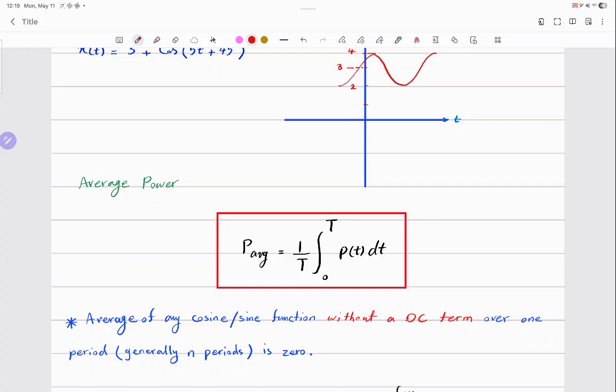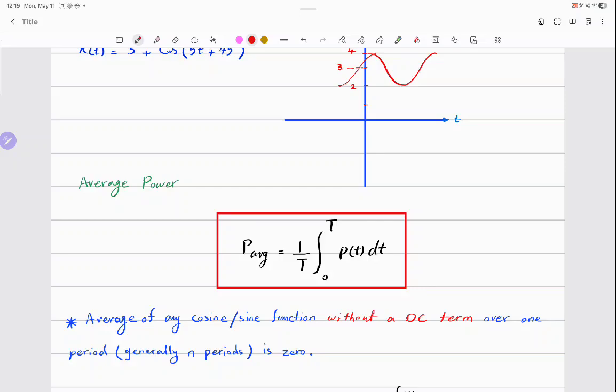Okay, over a duration of time, for example, 0 to 10 seconds. You integrate the function, whatever function you have, and then divide it by 10 seconds. It will give you the average value of that. Okay? So integrate the function over the length of the interval and then divide it by the length of the interval. That's the general definition of any averaging,